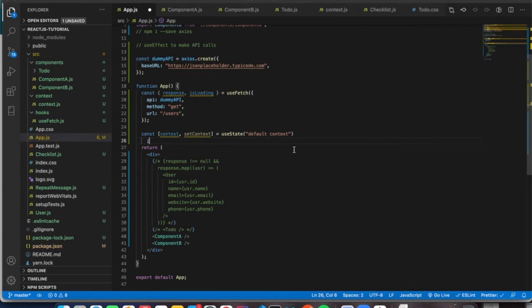So we have a state variable that has some default value, and also a function which is necessary to change the context value as well.